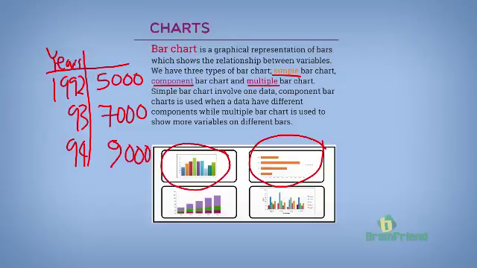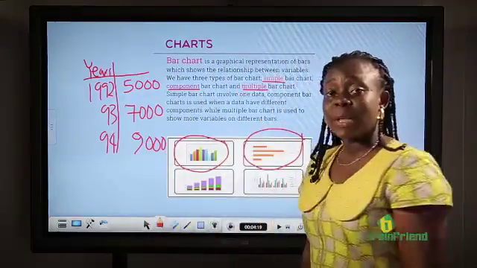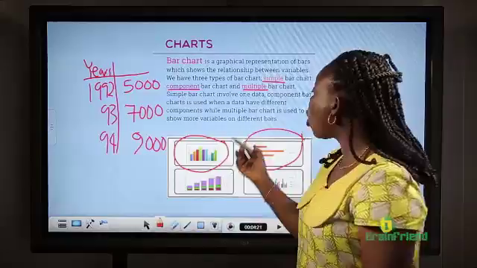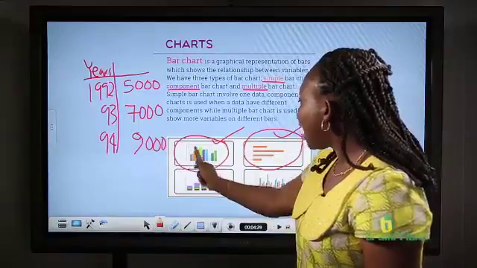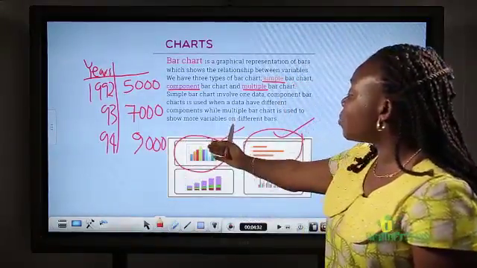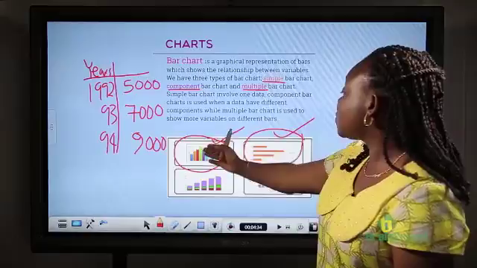Now, a simple table like this can be represented on a simple bar chart like this. You have your years and you have your quantities, so you can represent this in this format or in